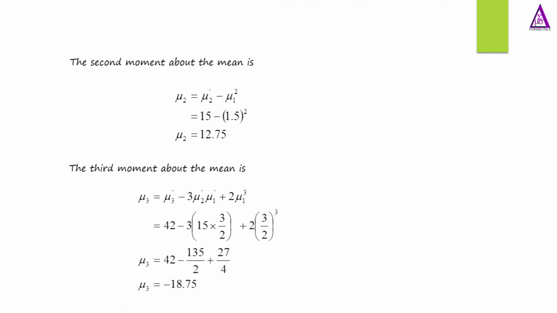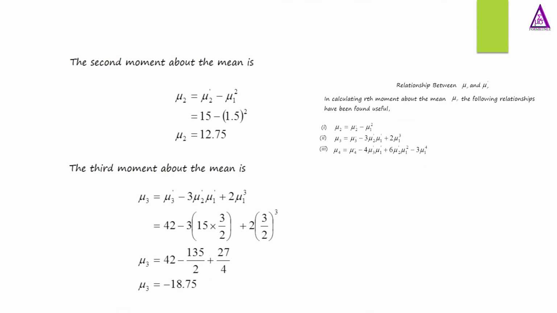The second moment about the mean is based on the relationship between the moment about the origin and the moment about the mean. We have the second moment about the mean equal to the second moment about the origin minus the first moment about the origin squared. This is now equal to 15 minus (1.5) raised to power 2, which gives us